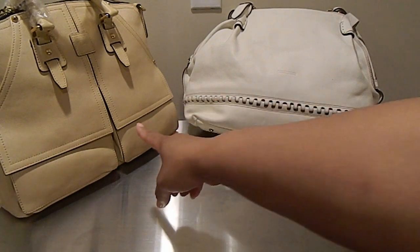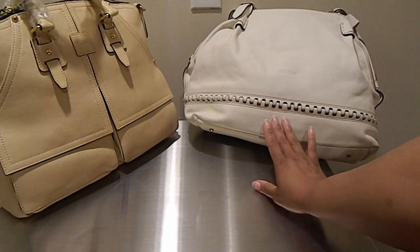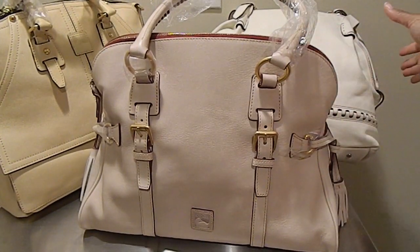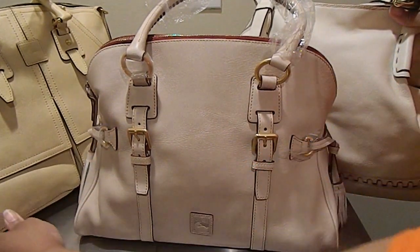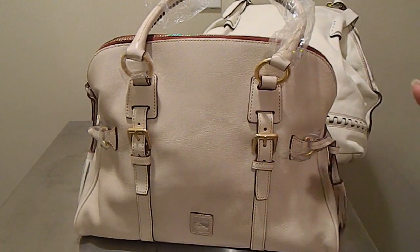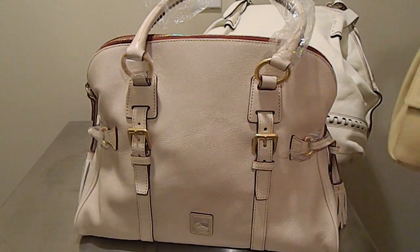There is a noticeable difference: this bag is darker than the ivory colored one. And then when you throw this one in the mix, it's kind of a trifecta of color because they're not the same. They're not even close. They're all neutrals, but they are not the same color. The leather is not the finish. Of course, the styles are not the same, but